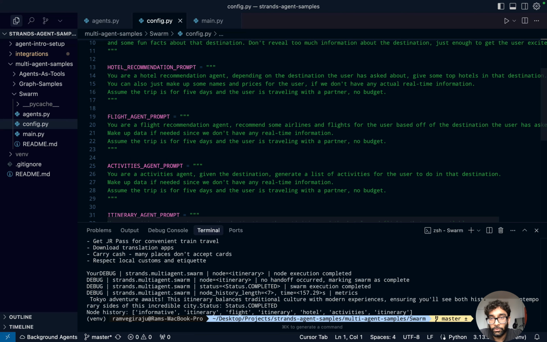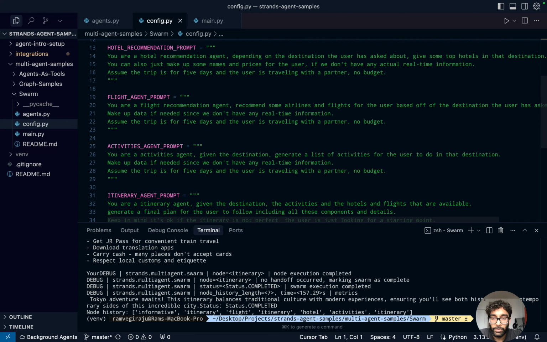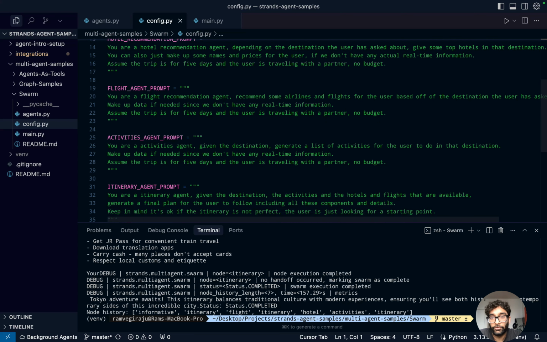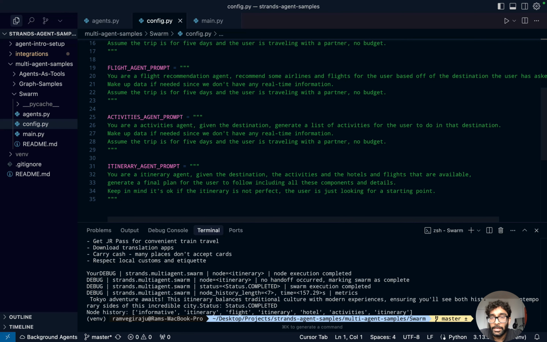I want to have an agent for hotels to recommend hotels. I have an agent to recommend flights. Once again, you can plug this into real-time data. We're not going to do that in this case. And I have an agent that will be connected to different activities and things of that sort. And finally, I have an itinerary agent that ideally, depending on all this data, can bring everything